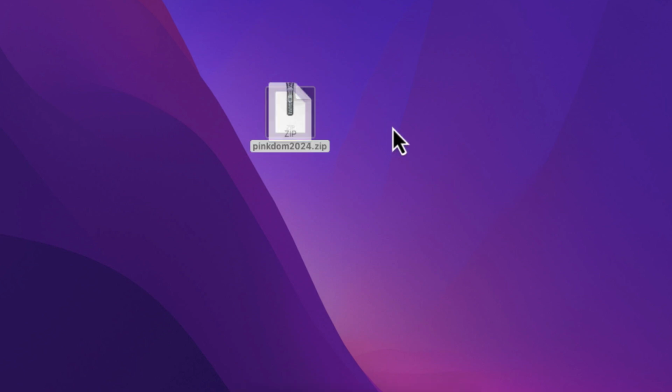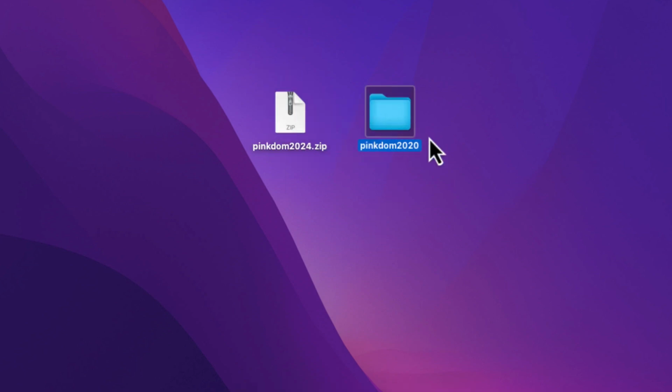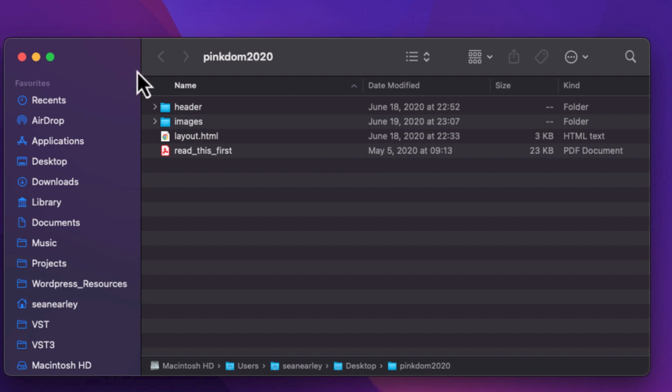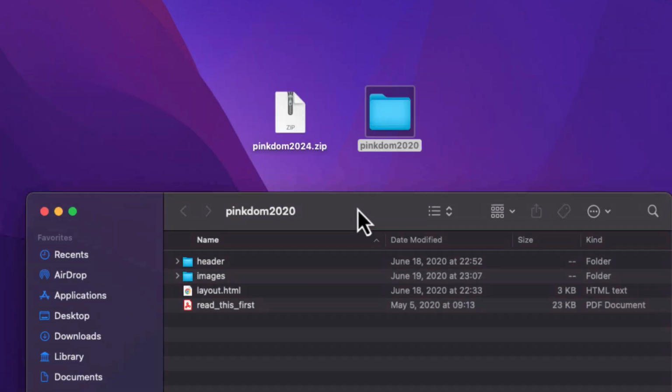I'll show you here. Just double click on my Mac. I have a relatively new Mac, and it unzips, and then inside is the folder with all the stuff. So let me open that up, and you see all the stuff that comes in here. Now, if you don't have unzipping